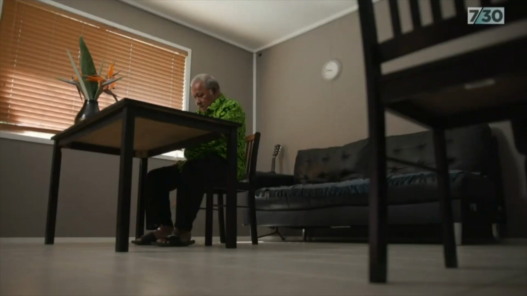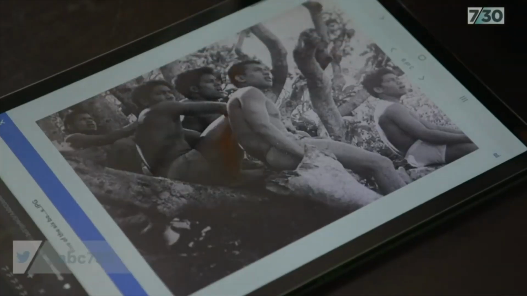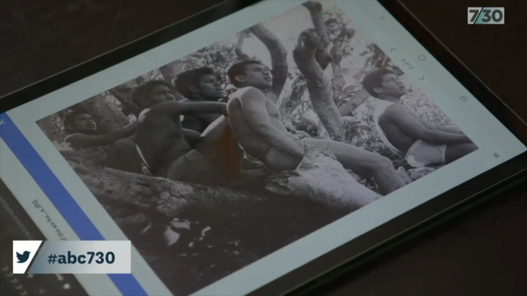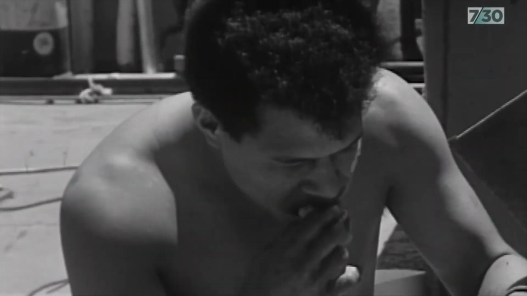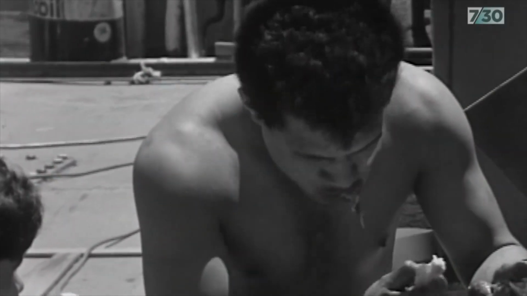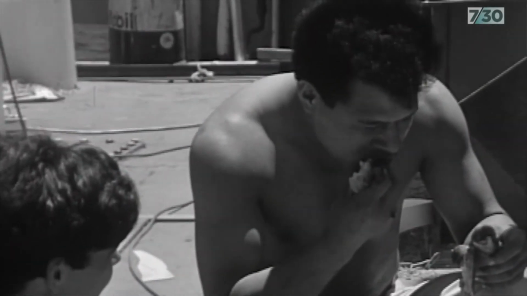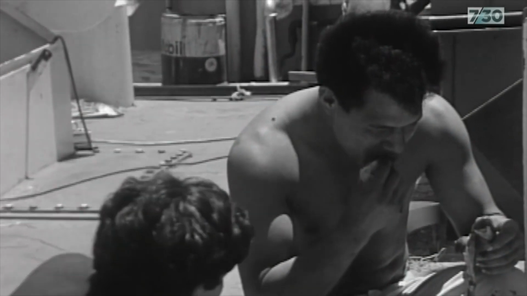Rutger Bregman tracked down survivor Manu Tutau, now 72 and living in Brisbane. "In the beginning, in the first 3 months, we eat things raw, and it is not much to eat." And some of the tastes they developed during their isolation are still there. Raw fish, for example, still makes the best breakfast.